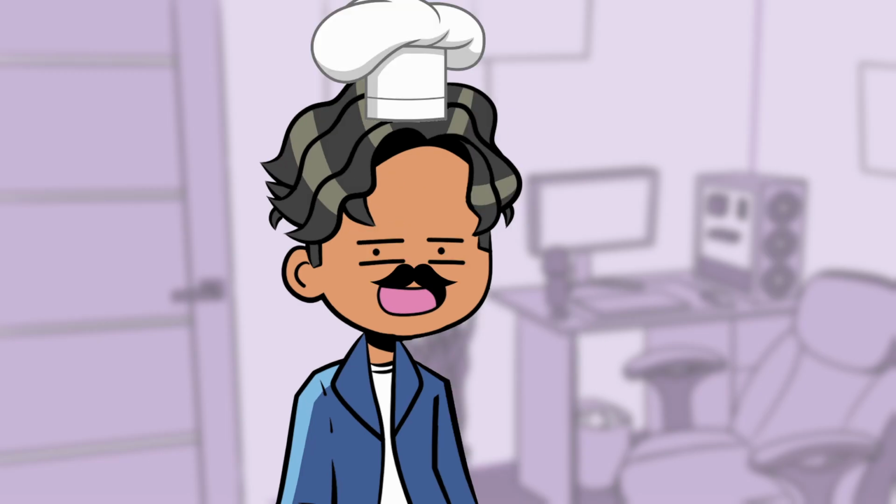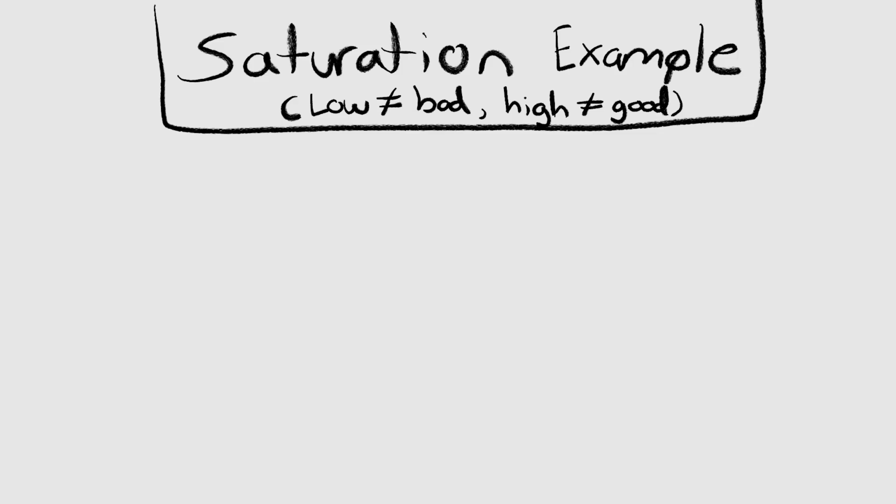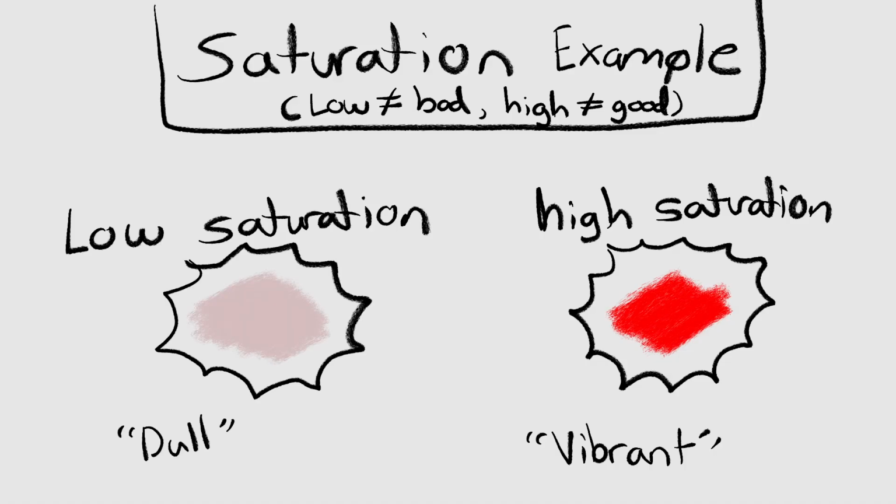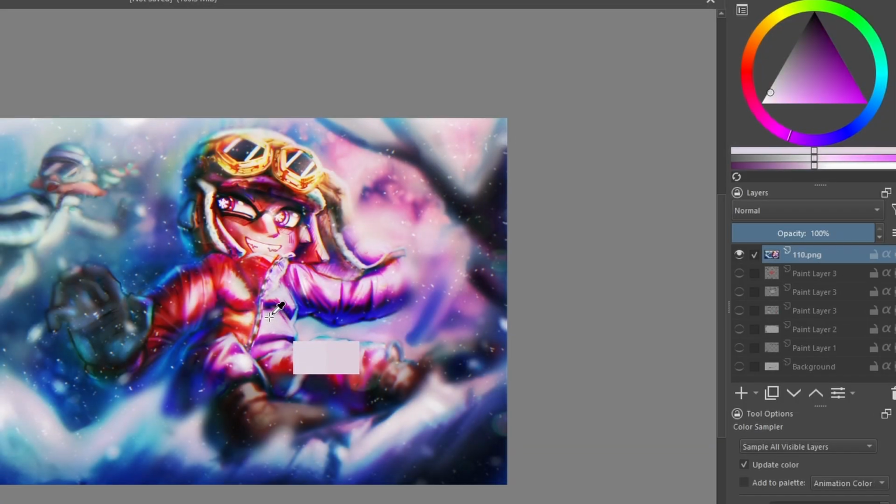Saturation is how juicy your colors look, to put it simply. How vibrant versus how dull. And when you make something more vibrant, something interesting that happens is it actually gets darker. Making the color a little bit more saturated can increase the value slightly, but it will increase the value. And same with highlights. If you want to have a really bright color, you probably don't want as much saturation